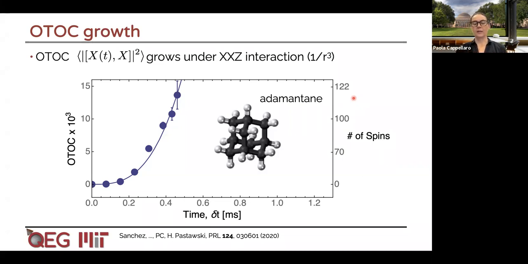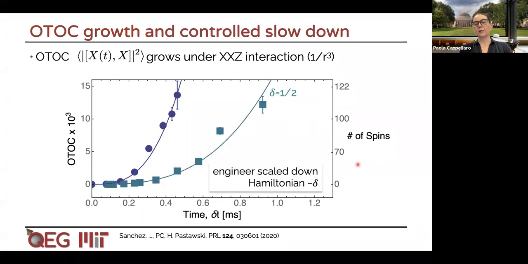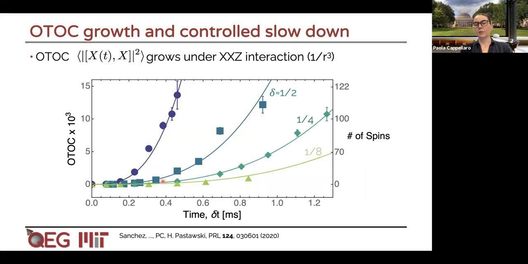But then I tweak my control. And as I said, I can slow down the interaction. So here, the Hamiltonian was slowed down by a factor of 1/2. So I have much weaker coupling between my spins. And correspondingly, what I observe is that indeed the OTOC growth becomes much slower. And I can slow it down more and more. And ideally, if I were to put the scaling here equal to 0, I would expect to have no growth at